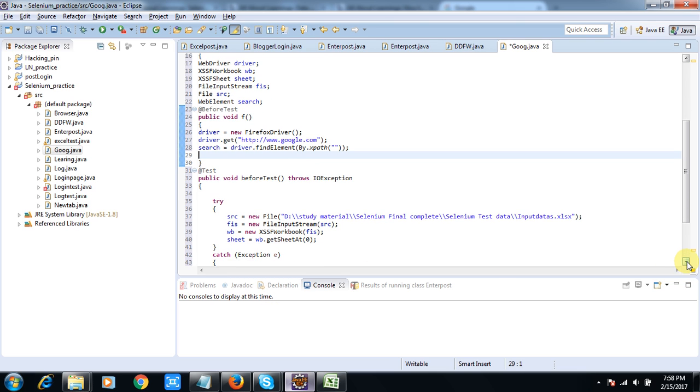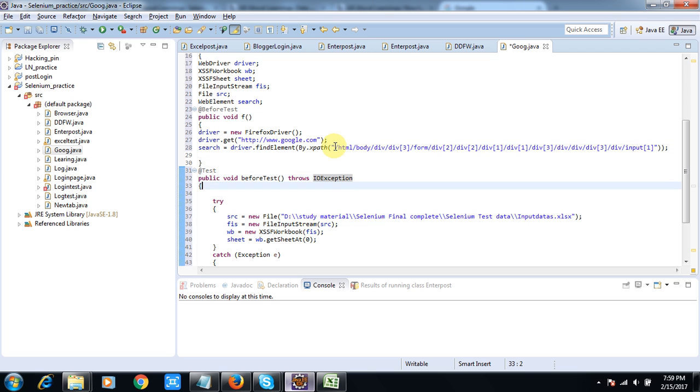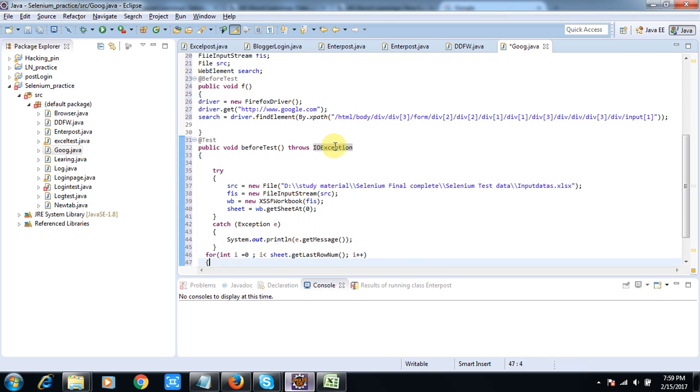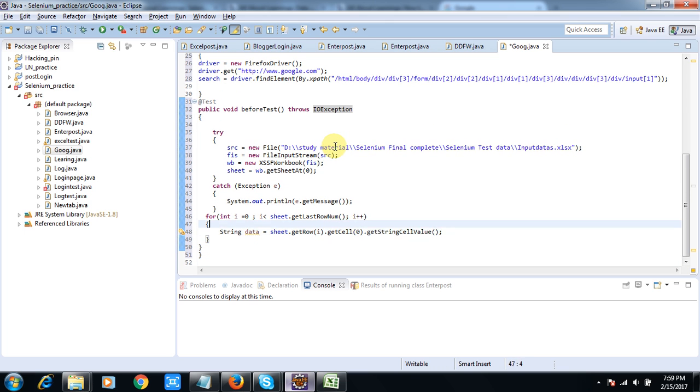So we have opened our Firefox, we have entered a URL, and we have found the search element. Now I have to enter the value that I got from our Excel sheet. I have to enter this value in my Google. So in my for each loop, enter the search web element. Oh, sorry, spelling is wrong. SEARCH dot you can say send keys